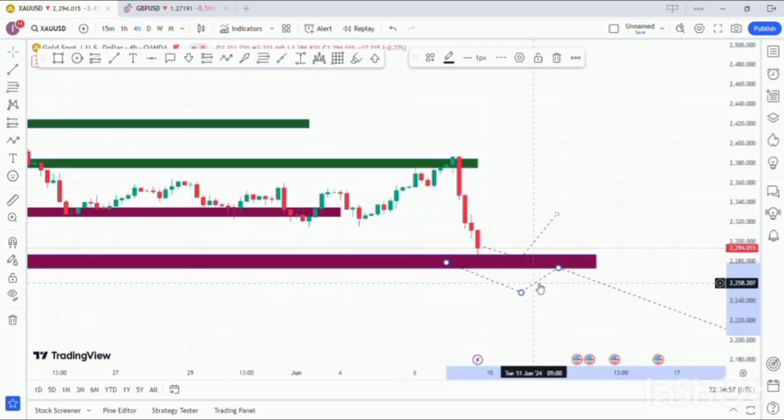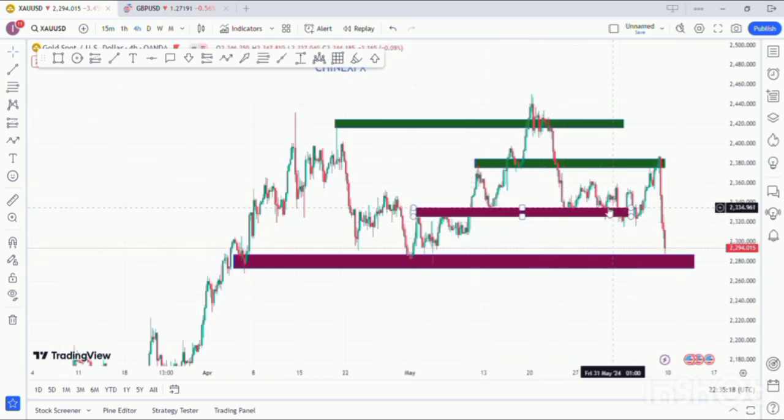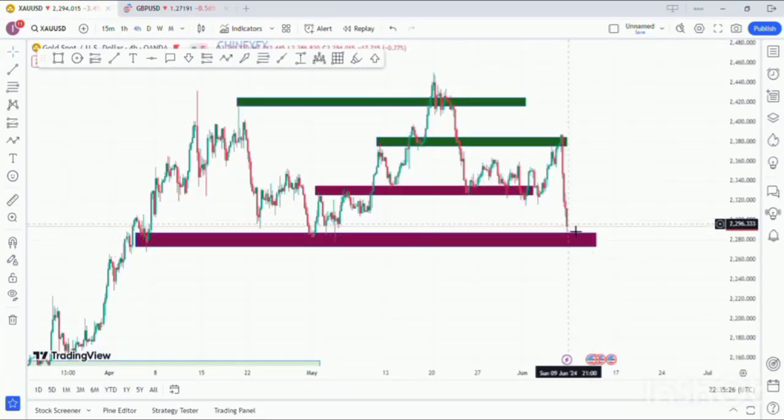So guys, on my screen, this is XAUSD on the 4 hours time frame. The zones we marked out on the daily time frame are very valid and very visible on the 4 hours time frame, guys. So as you can see, the price came back to retest this support zone right here. So for XAUSD on the 4 hours time frame, we'll be expecting some corrective move. We'll be expecting price to reverse from this support zone to continue to the upside, to either respect this previous support zone by turning it into a resistance or breaking out of it to the next resistance